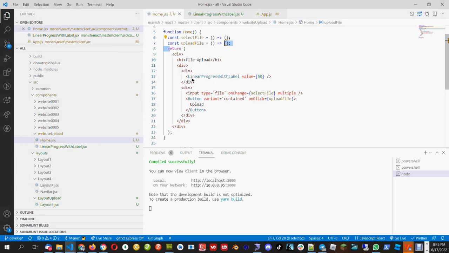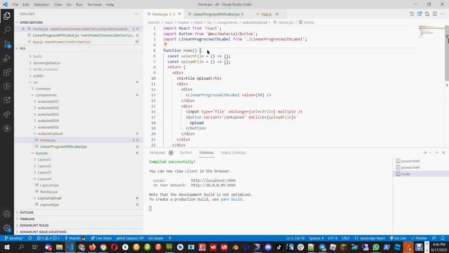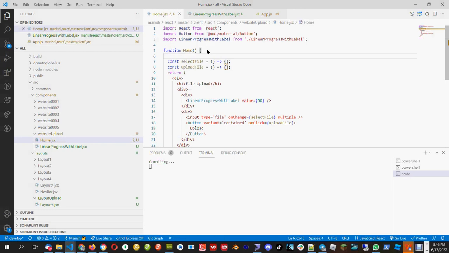Let's first go to selectFile. Select file means the user will put a few files here, and we need to save them in some variable, because when someone clicks upload, we will take that file from the variable and upload it to the server. That is what it means. So here we have to put it in some state variable, and here we have to take that state variable and upload it to the server. So let's create the state variable